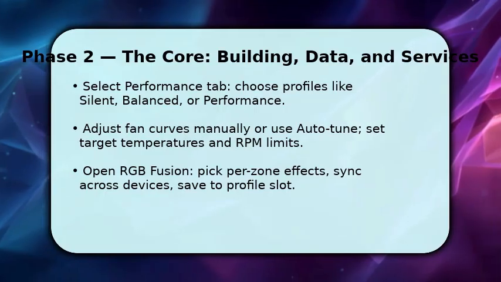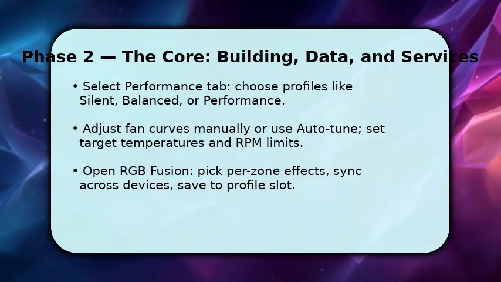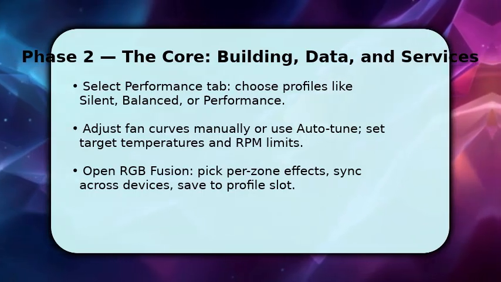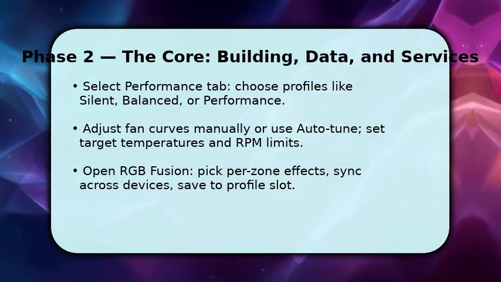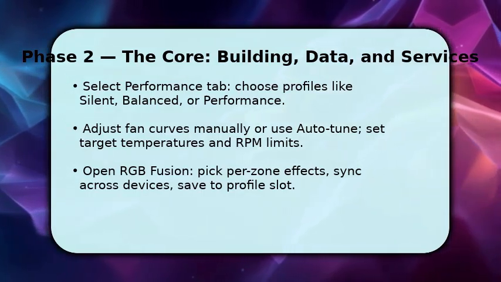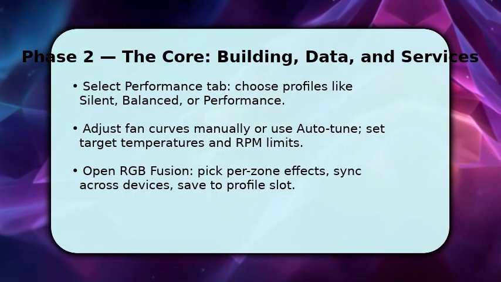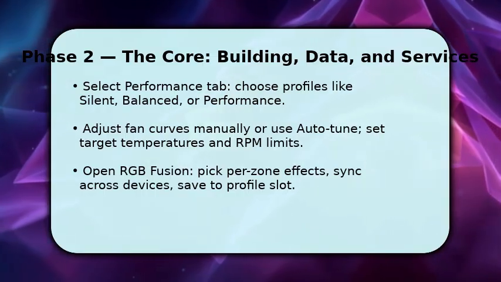You move into configuring performance and RGB. In performance, pick a profile, then tweak CPU and GPU power targets. Raise limits only in small increments so you can test stability. Once done, set fan curves, use a gradual slope to avoid noise spikes, and enable auto-tune if you want one-click